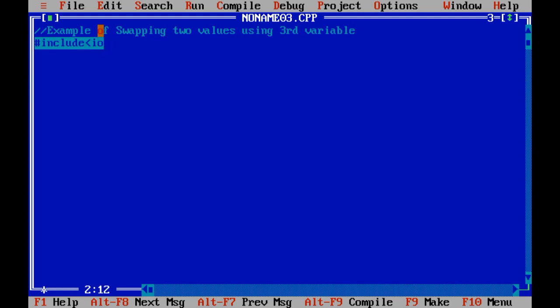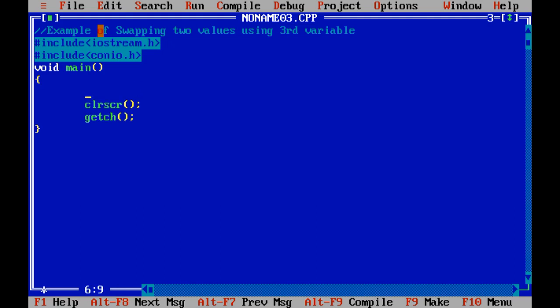So #include iostream.h, #include conio.h, void main, inside which our actual program code is written. clrscr to clear the output screen, getch.